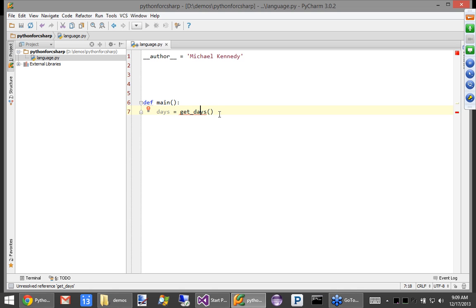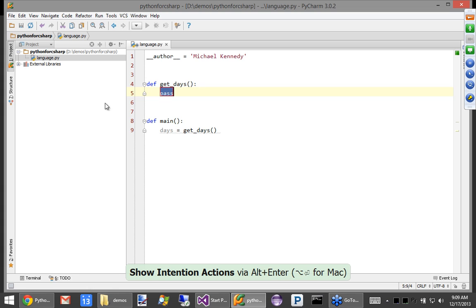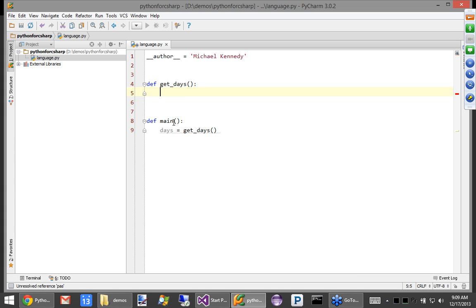And just like ReSharper for Visual Studio, I can create this function from here using a hotkey. PyCharm is written by the same guys that make ReSharper, so you can imagine the hotkey is not that different. So let's define a list of days. And what I want to do is show you how this compares to C# at each step.